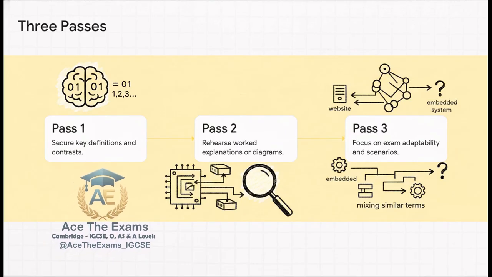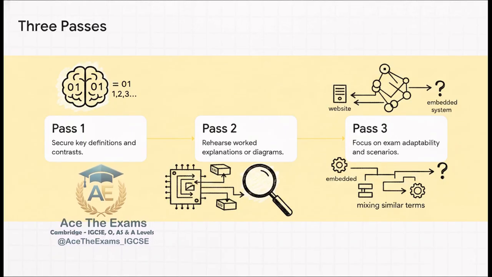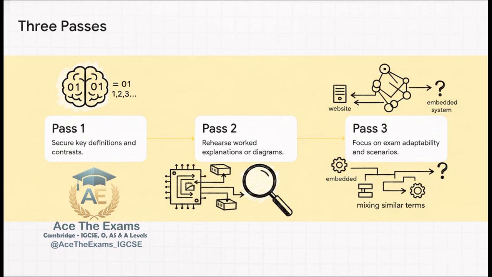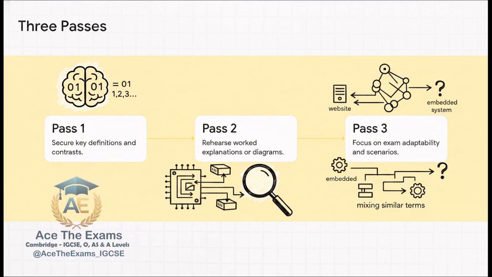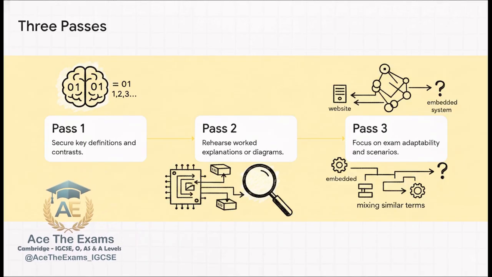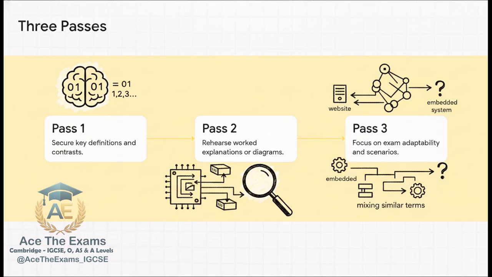Your task is to write one single perfect PEEL paragraph explaining exactly why hexadecimal is often used to represent binary data in a school system's MAC addresses. Remember your structure: point, evidence, explanation, link. Go. Okay, pause. If you felt a sudden spike of panic there, if you froze up like Alex,